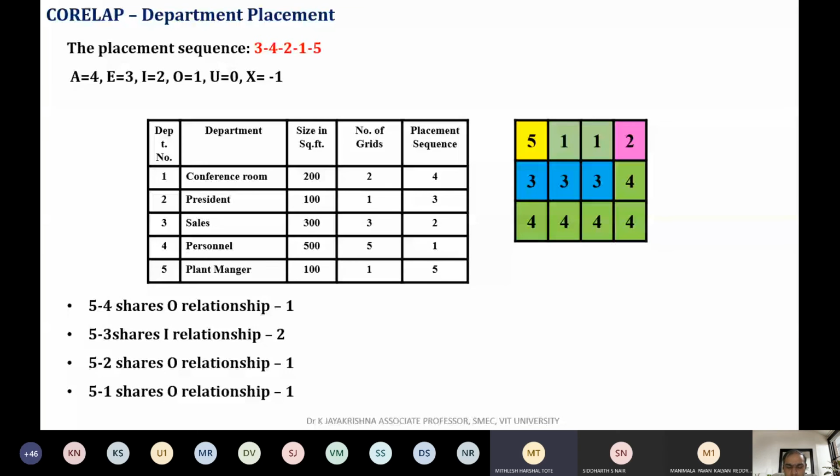Sir, that's what I told you. If you are selecting 4x3, you will have this answer. Correct? If you are selecting 3x4, it will look different. If you are choosing 6x2, it will look different. All the answers are correct, but the condition is always to try to keep the matrix, this grid or this layout, as flat as possible. Okay, fine. Thank you, sir.